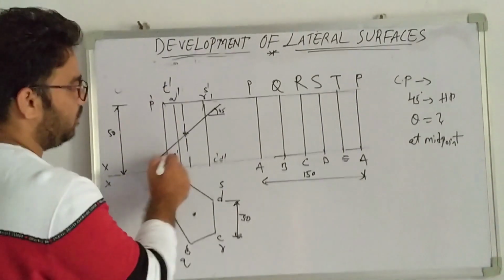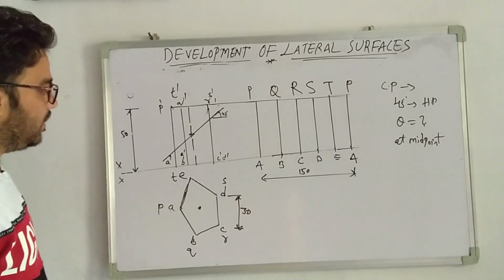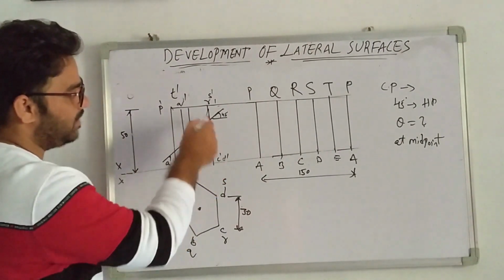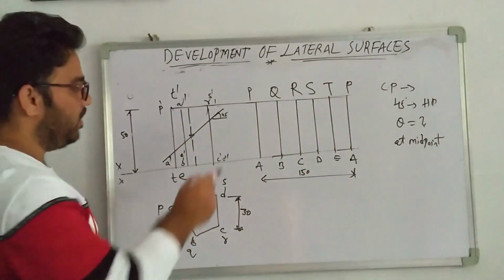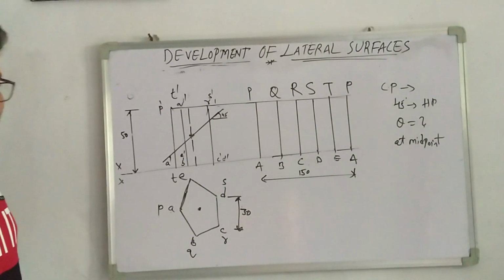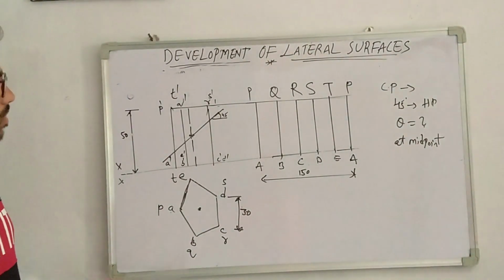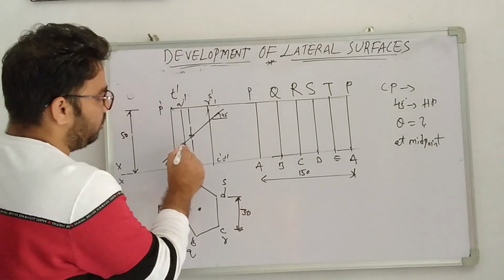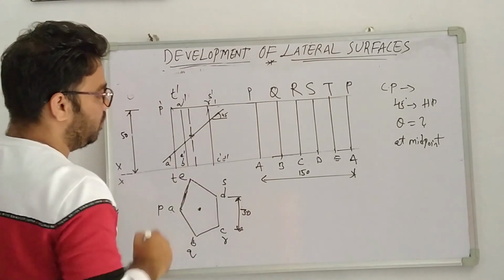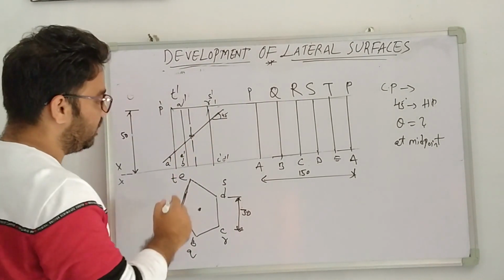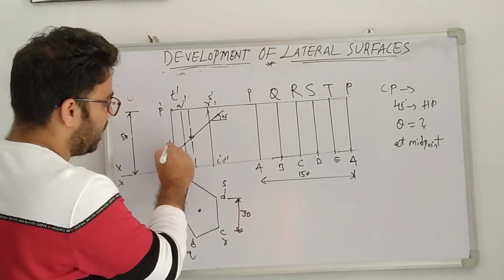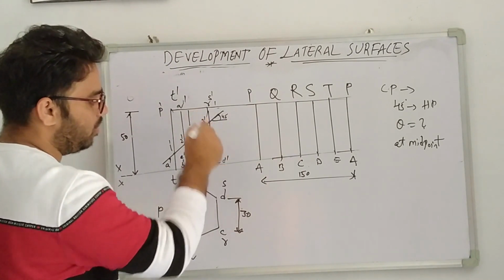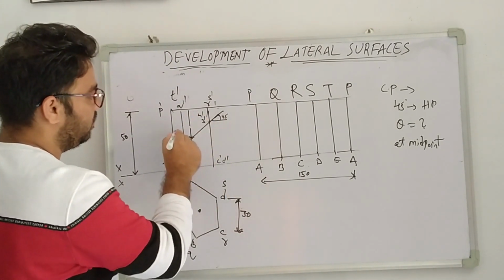Now here the cutting plane passes through how many longer edges? 1, 2, 3, and the back side 4 and the back side 5. So we have 5 cutting edges. We have to draw these 5 cutting edges. So this is point A, this point B, point C, and give the names of the cutting points as 1 dash, 2 dash, 3 dash. In the back side we have one more edge, that is 4 dash, and this is 5 dash.